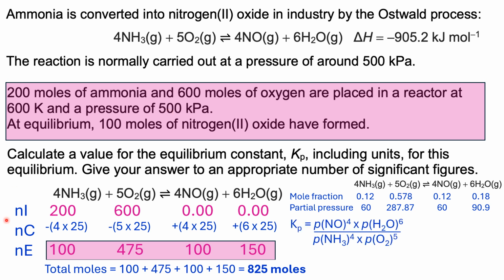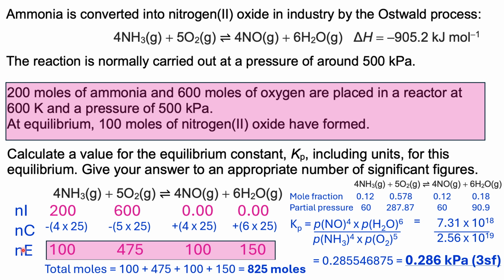What's interesting about our Kp expression is it's got quite a lot of coefficients in it. It's not seen very often. That's because you have quite a lot of large mole ratios, 4, 5, 4, and 6. These need to go in as coefficients or powers by which you multiply up the partial pressures. So putting in the numbers, you end up with an expression that looks something like that. And tapping those into a calculator gives you this, which then gives you